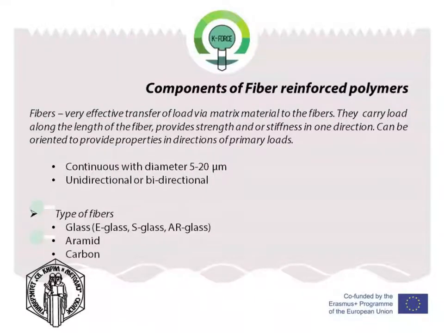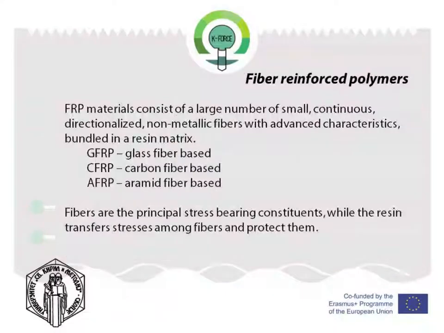To summarize, the mechanical strength properties are dependent on the type, amount, and orientation of the reinforcement that is selected for the particular product. FRP materials consist of a large number of small, continuous, non-metallic fibers with advanced characteristics bundled